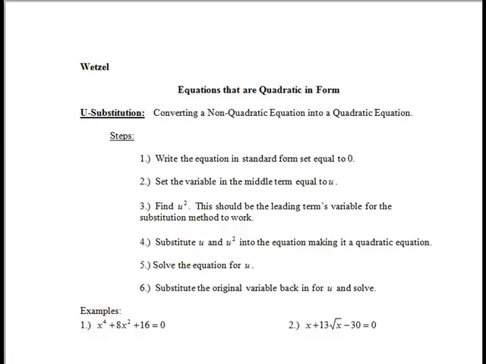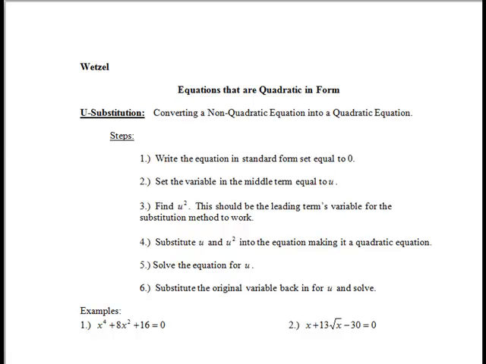Solving equations that are quadratic in form. In order to do this, we're going to use a method called u substitution. Technically, these equations are not quadratic equations. They're just quadratic in form. So what this method does is it converts these non-quadratic equations into quadratic equations, allowing us to use whichever method